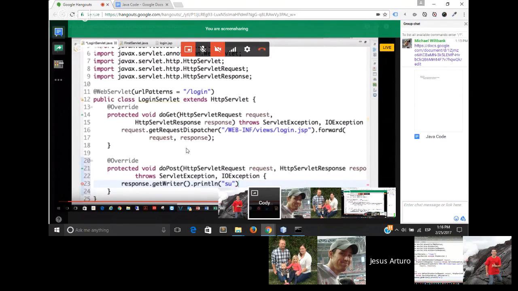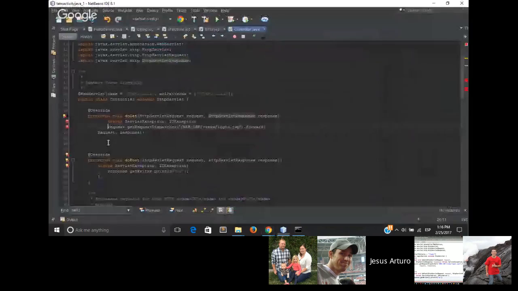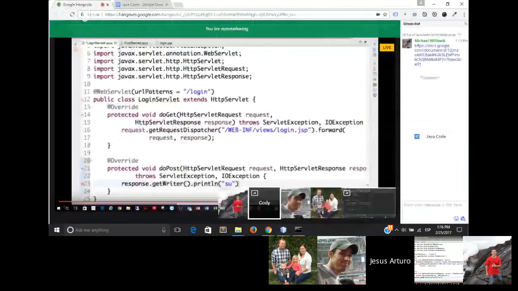No, it looks like the bracket needs to be at the bottom. I think it's just hidden over there after IO exception. It's cut off on the screen, maybe. So I didn't put it in there. Right. So it's here. IO exception, request,